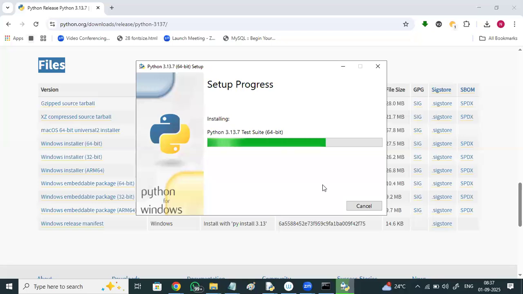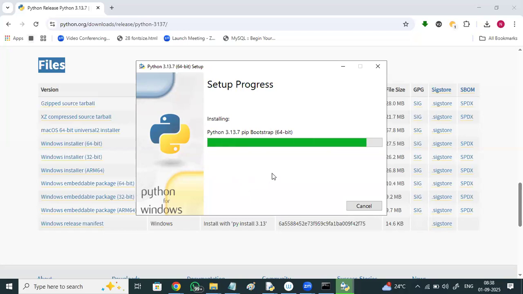It takes almost 30 seconds to install Python. So go to python.org, go to Downloads and look for a specific release. 3.13.7 is the latest version, released about 15 days ago. Select it, select Windows 32 or 64-bit, download it, install it. Don't forget to select add Python to path so that Python will be recognized from all the drives, from anywhere. Select customize installation and specify the path where you want to install in the C drive. I'm installing in the Python313 folder.